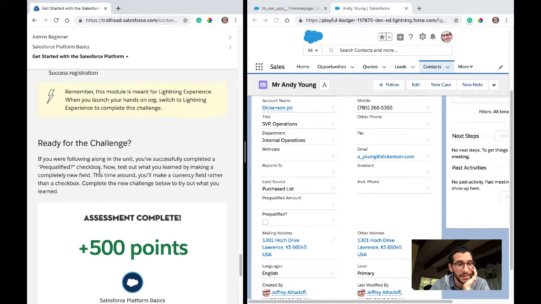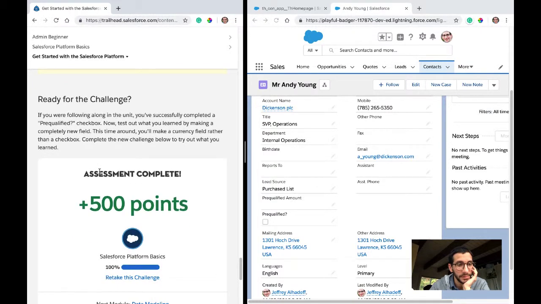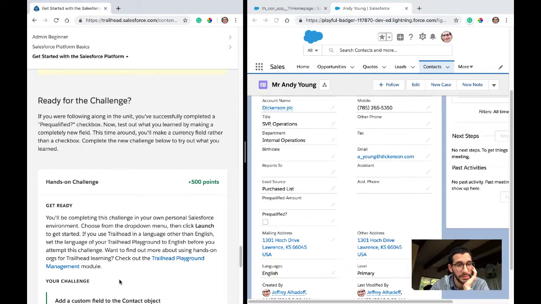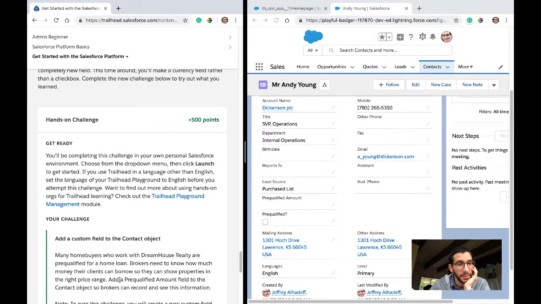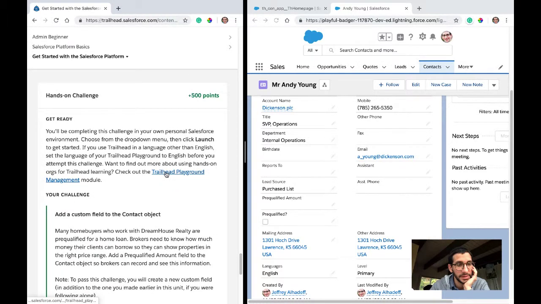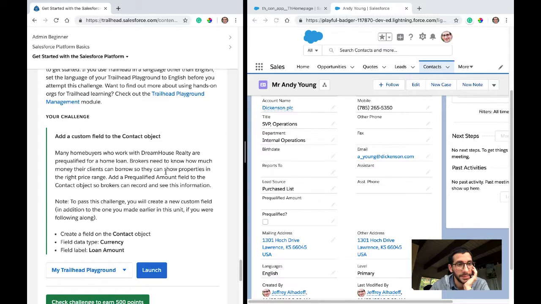You know what? That was actually pretty cool. I'm going to retake this challenge. Okay, you'll be completing this challenge in your own personal Salesforce environment. Choose the drop-down menu, then click Launch to get started. If you use Trailhead in a language other than English,